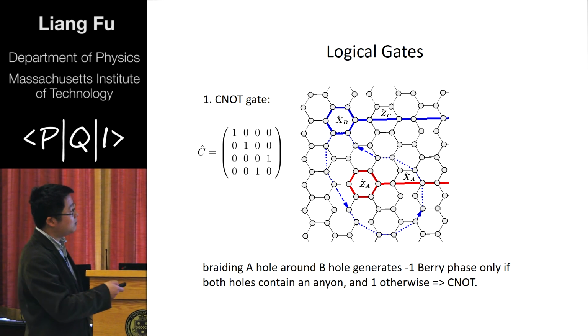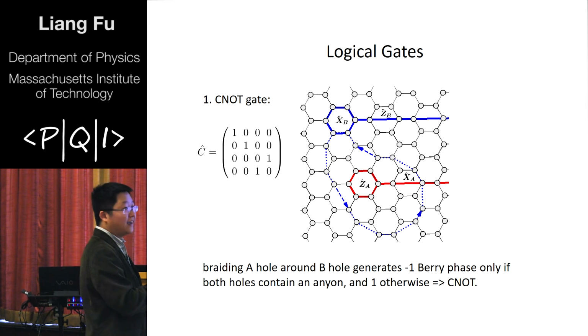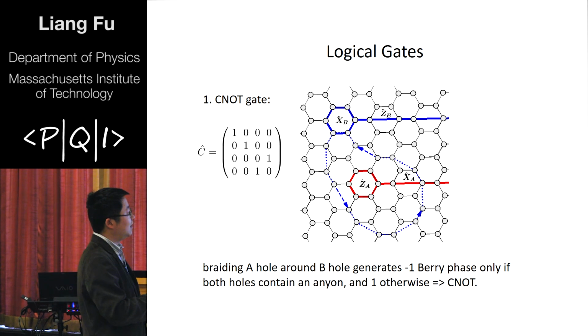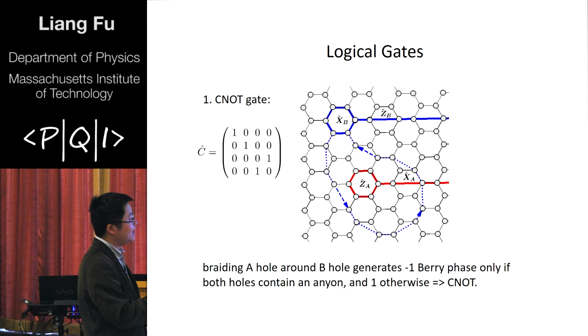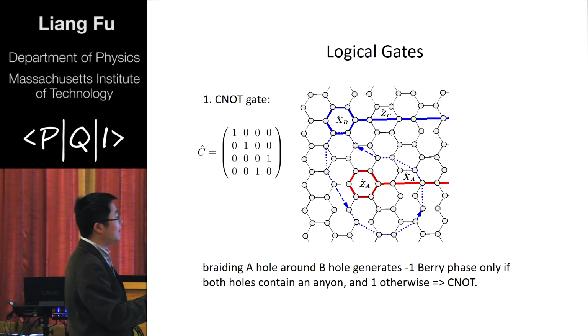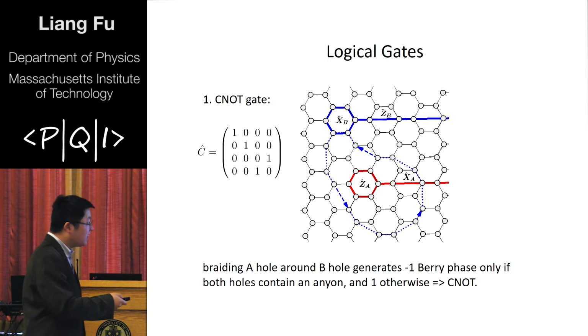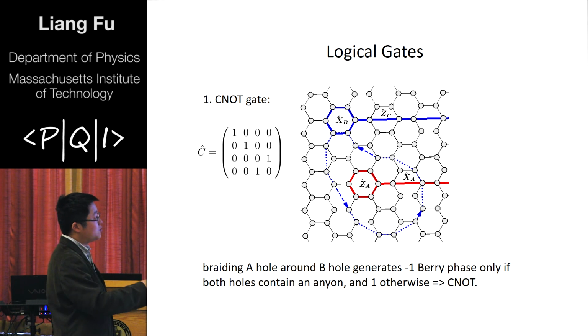Basically, in principle, one can also do gate operations in addition to error correction. In particular, the CNOT gate, the 2 logical qubit gate, in this setup corresponds to dragging a hole around another hole of different color. What this CNOT operation does really is detect the mutual statistics between anyons. Each of these holes is a topological excitation, and they have pi mutual statistics. And of course, the way the holes are dragged, just like in the conventional surface code, is through a